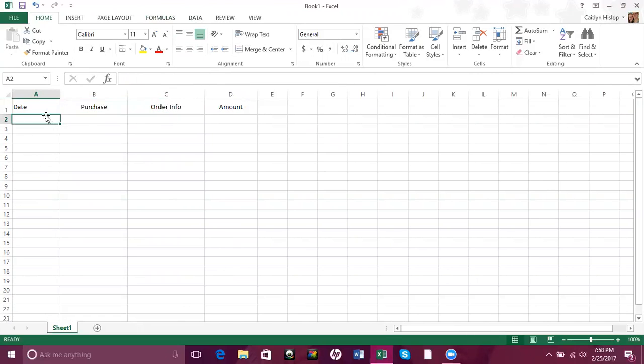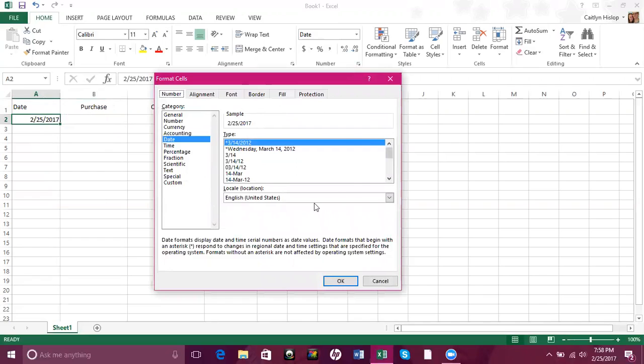So then we're gonna add the date here. So I'm just gonna put in today's date and tab over to the next one. So then it will auto-populate the year in there. We can also go over to the number format over here, click the little arrow, and it will pull up this box. You can select how you want your date to be